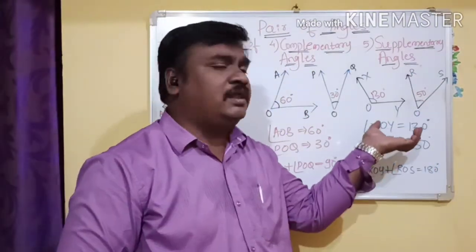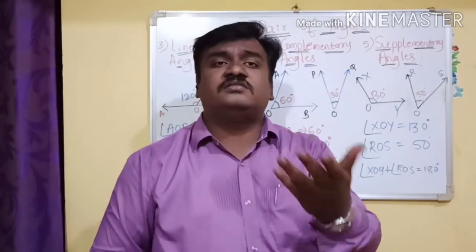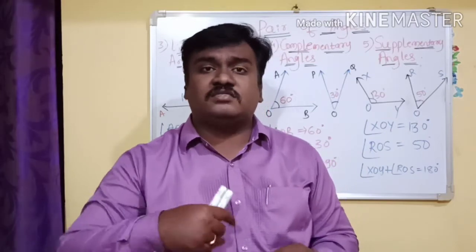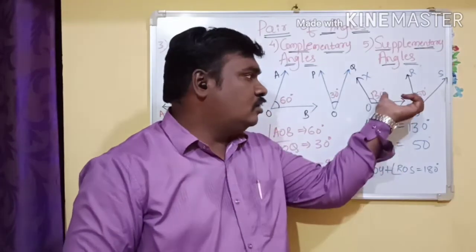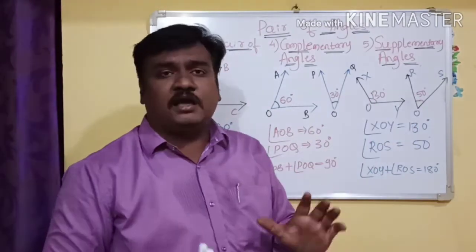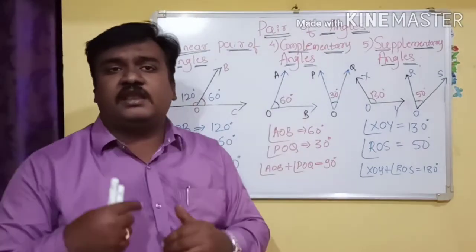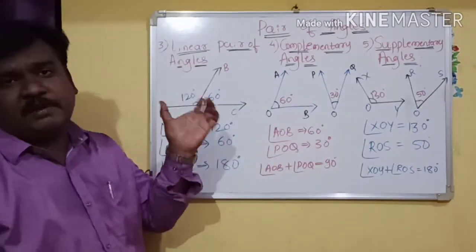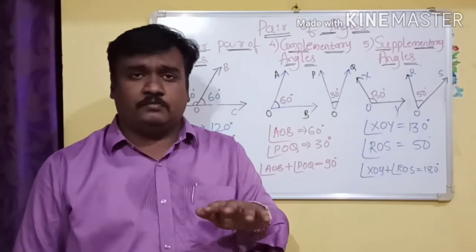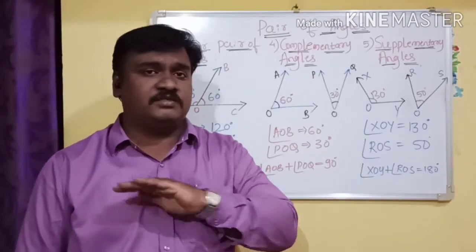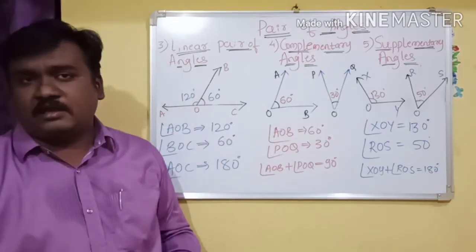Here also, with the same example, they will ask what is the supplementary for 110 degrees. So 70 degrees is the supplementary. What is the supplementary for 100 degrees? An 80 degree angle is the supplementary. So supplementary comes when the sum is 180 degrees. Complementary comes when it's 90 degrees. Then linear pair is very easy. Linear means line. The pair of adjacent angles should form a straight line, then 180 degrees. Then we call it a linear pair of angles.